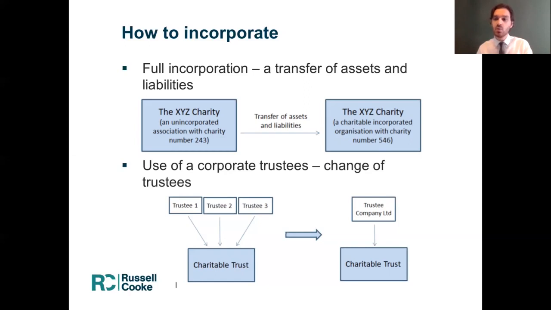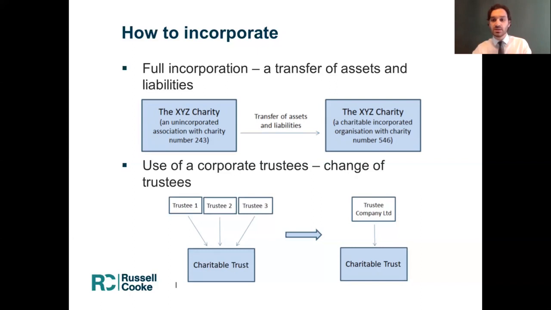That is conceptually more complex than the normal full incorporation option, and it can lead to difficulties in some situations, particularly where it's not always well understood by trustees in years to come. Therefore, it tends to be that a full incorporation is preferred, and a corporate trustee is generally only used where there is a specific technical reason for preferring that option. One example of where use of a corporate trustee is often preferred is where a charity holds a lot of permanent endowment, and for technical reasons it can be simpler to have a corporate trustee in those situations.